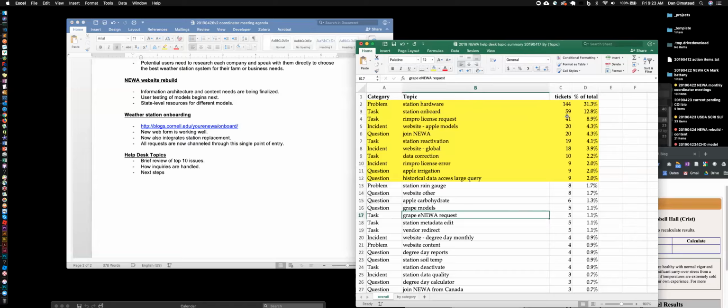But that, by far, almost by a factor of 3, outpaced station onboarding. So this in itself is encouraging. 60 new onboards. Some station hardware questions, maybe there was some overlap, but then once we get down below that,